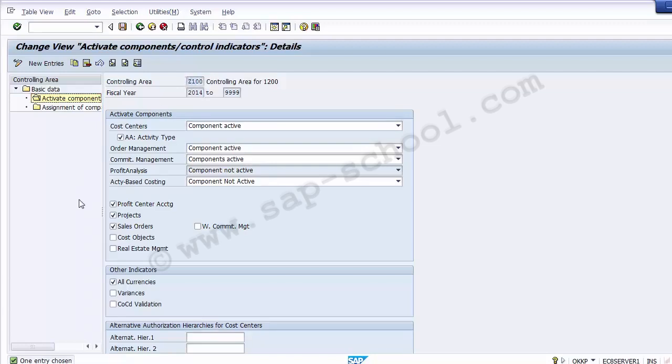As you can see on the screen, cost center is active, order management is active, commitment management is active. Similarly, profit center accounting, project, sales order, these all have been selected. That means these are activated. They are already active in the controlling area. So this is how you need to go and cross check. You have to revisit the configuration to confirm whether that particular component which you are going to implement is already active or not. As in the screen, the cost center is already active. That's what we need to look for, and then we can save the screen and we can move back,